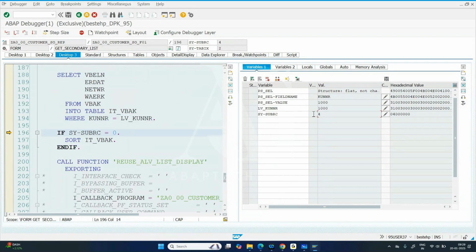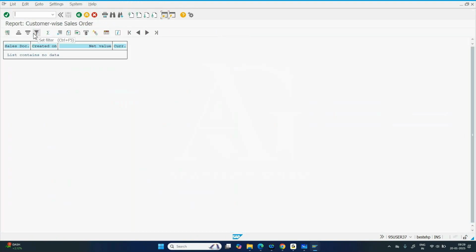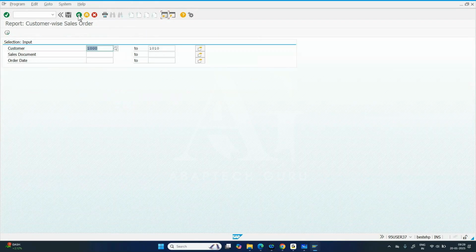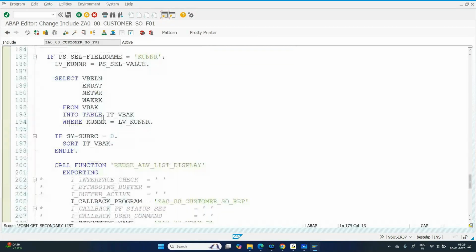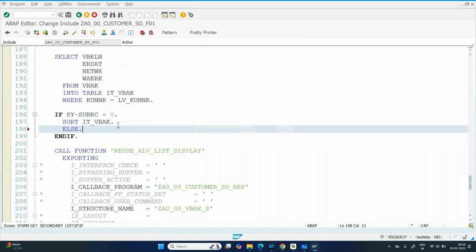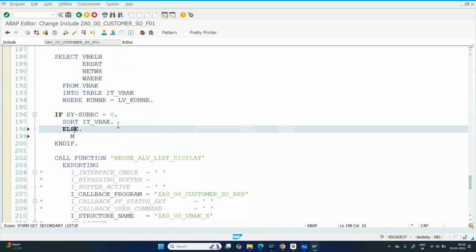We are going to maintain the validation. If you don't find the value, I should get the error message. But here it is printing the empty table. I don't want an empty table. If you don't find the data, then I should get the error message. So, if it is equal to 0, then sort it. Else, show the message. Or I can say else if